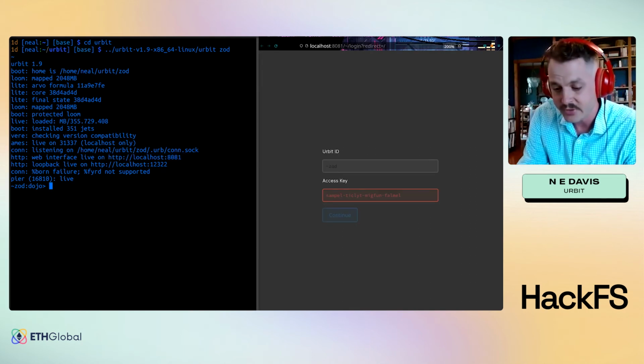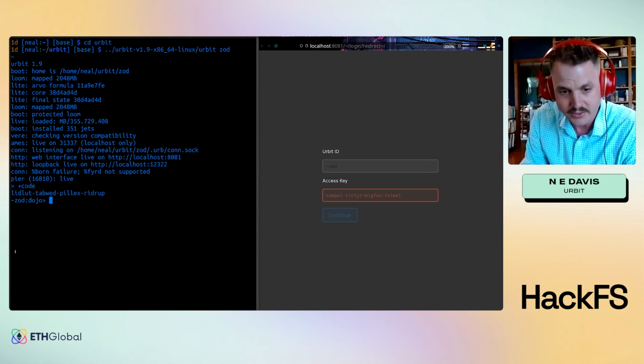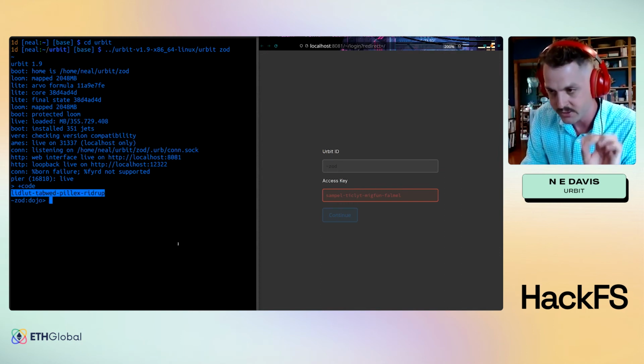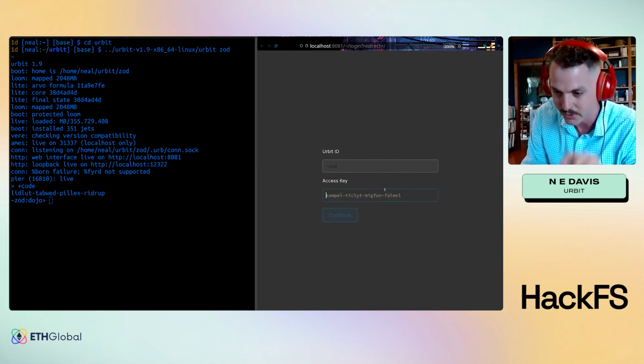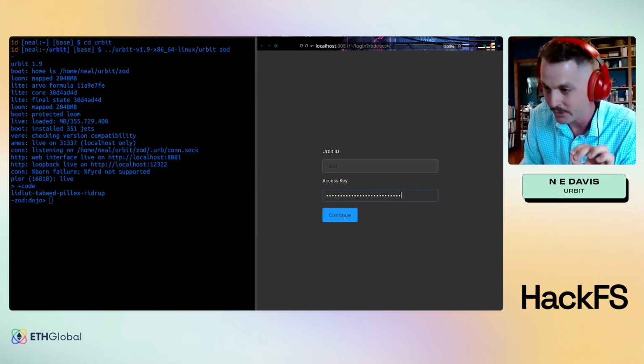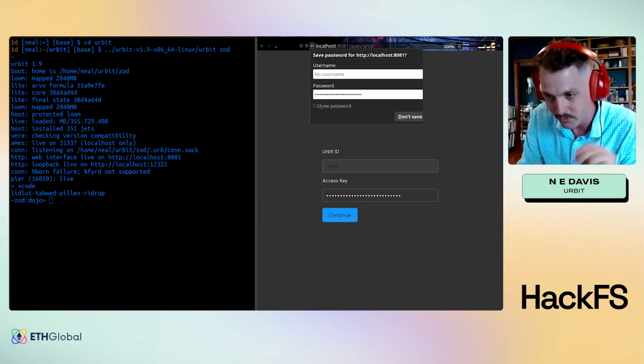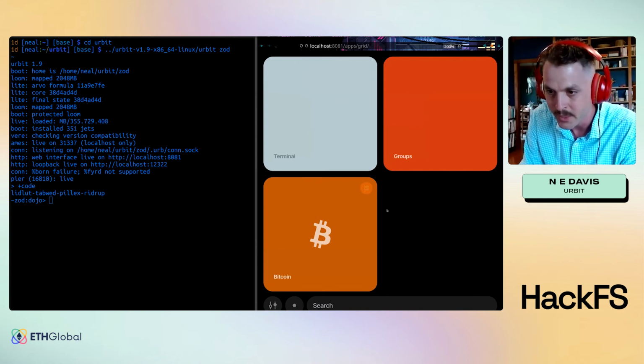So to log in, I have to get a code from the back end. It's always the same code for the default example ship here, so I'm not revealing any secrets by showing you the password in this case, but I'm only running this locally. So of course you'd want to be more cautious with that. I don't need to save that.